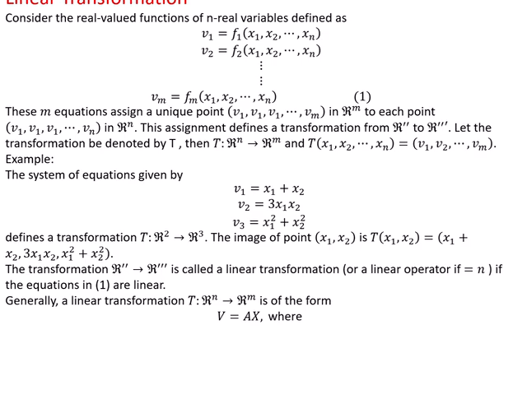If the equations are satisfied, then it is a linear transformation. Generally, the linear transformation T, defined from real numbers of dimension n to real numbers of dimension n, is of the form V equals AX,